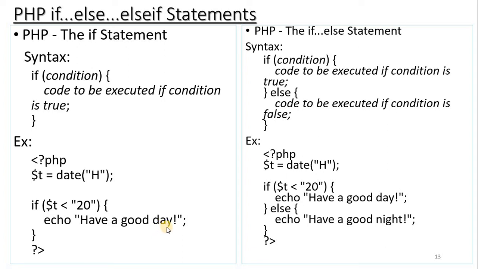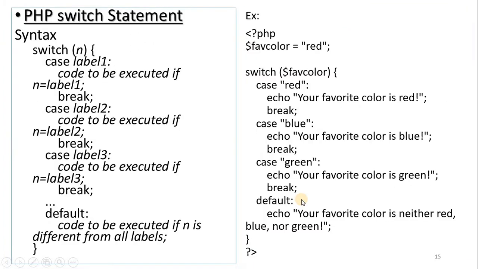So here in this video I am going to explain the PHP conditional statements and the functions in PHP. So we have different kinds of conditional statements in PHP. They are if statement, if else statement, else if statement, switch statement, while statement, do while, for and for each. So these are the different conditional statements in PHP we have. We will see the first one, that is if statement.